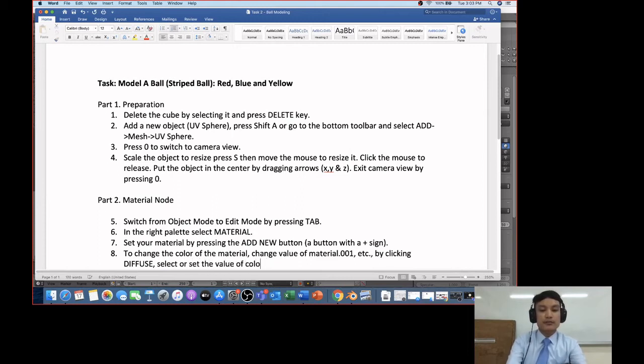color in RGB. So if you remember your multimedia classes, we work with RGB, right, last time. So you can select or set the value of the color in RGB using the color panel to be given to you. There will be a color panel later, you will see it. Okay,